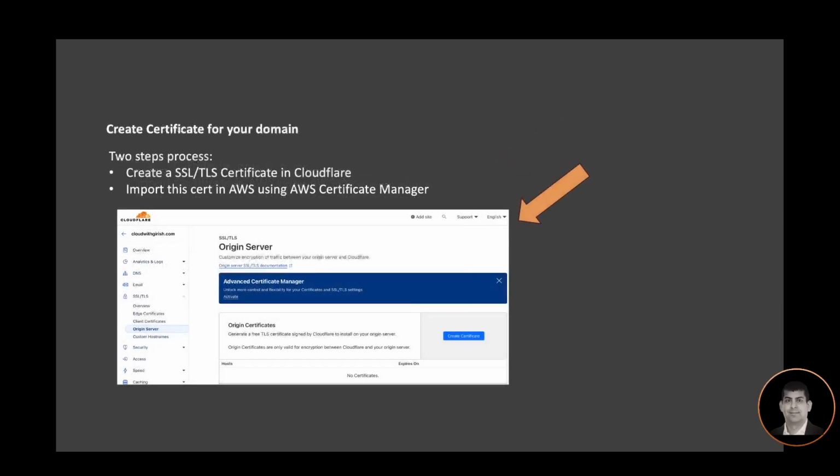So let's look at the first step here. Create a certificate for your domain. It's a two-step process. You can log into your Cloudflare account and then click on create an SSL/TLS certificate in Cloudflare. Then import this certificate in AWS